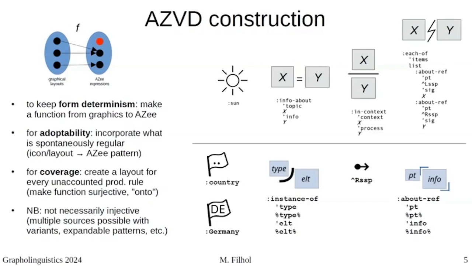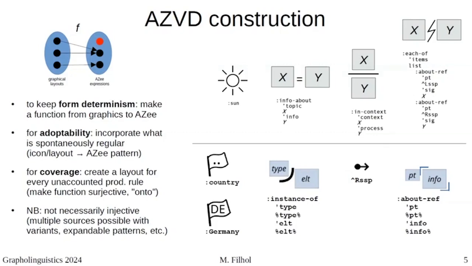For coverage, what I want is to create a layout for every unaccounted production rule. So that means, anything not covered, we have examples here of things I can borrow. Sun, for example, they all draw a sun. They don't do anything else. They won't go phonographic for that. That corresponds to a production rule, sun. Well, I've translated the names, but obviously sun, there's that form. That equal layout, remember? This directly corresponds to the info about rule I showed you. X is, or at least Y is information about X. And this is that